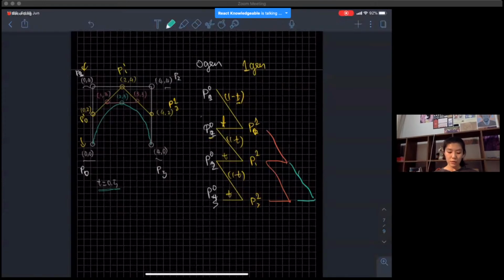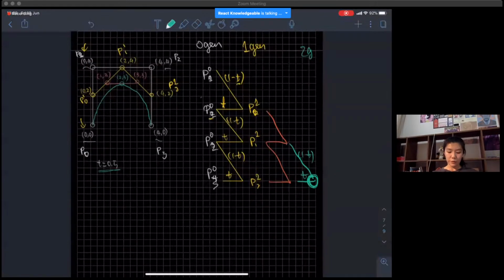So if you still remember some college math, we start from all the zero generation points, and these are the points that we know the coordinates of. We know these are 0, 0, 0, 4, 4, 4, and 4, 0. And all of these intermediate steps, we are multiplying them either by 1 minus t or t. And these are something called a Bernstein polynomial. You don't have to know this, but